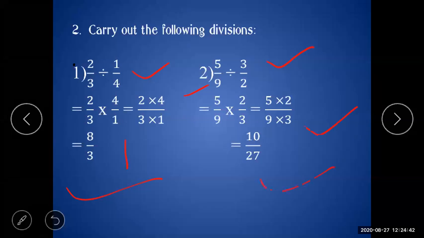In division, the division will change into multiplication and the second number will convert into a reciprocal form. And then you will multiply and you will write the answer. But in multiplication, no changing of the number. You will not change the sign also. The multiplication sign will remain as it is. And you will multiply the numerator with numerator and the denominator with the denominator. Don't get mixed up about multiplication and division. Now I'm giving you 1 minute for completing this work. Write down in your workbook or in your notebook.